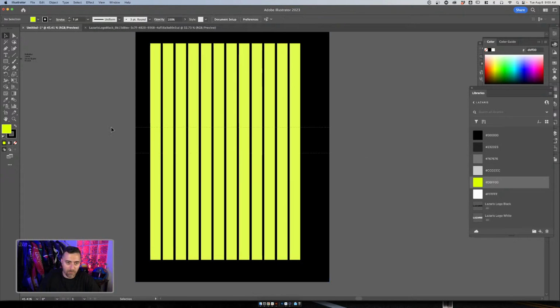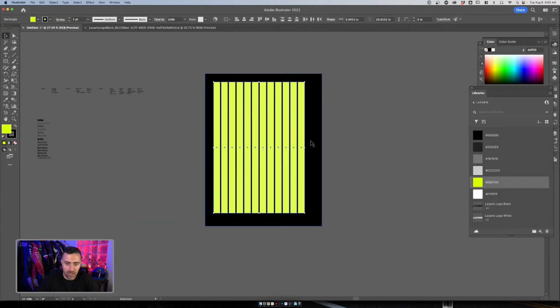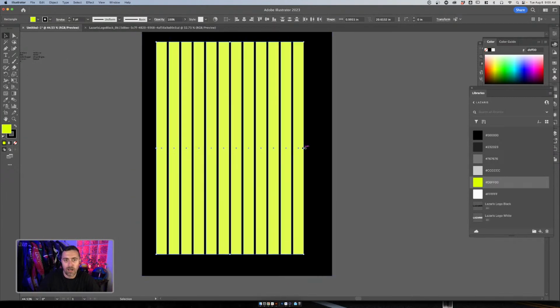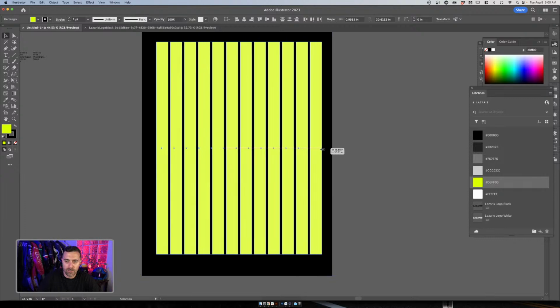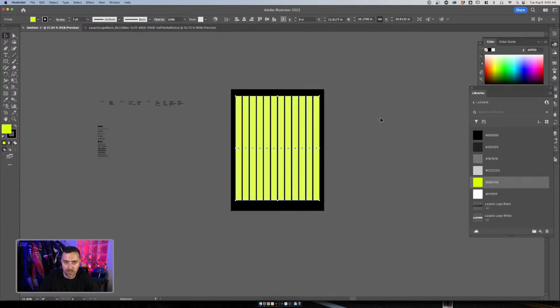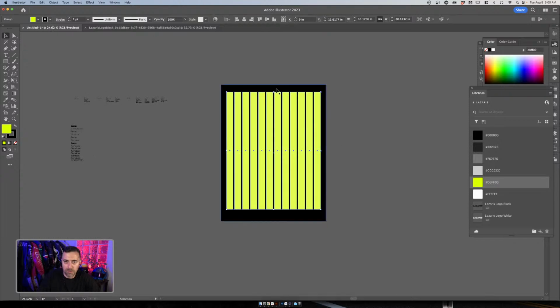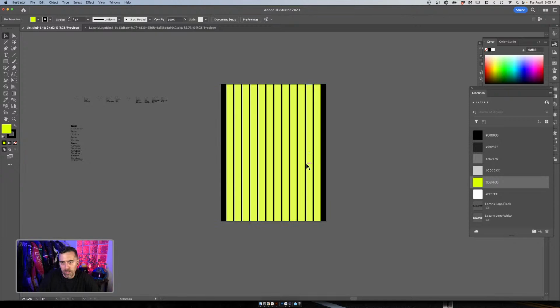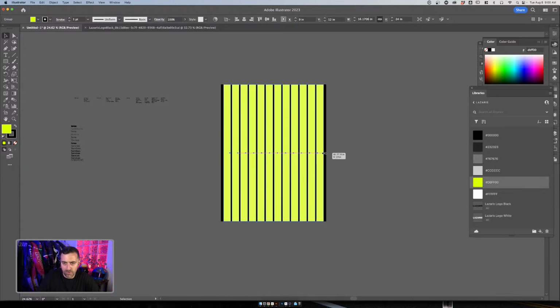Cool, okay, confirmed 12 columns, which is great. What I'm going to do is drag it, group it together, and center it on this artboard. I'm doing this literally just so I have a guide for us to work off of. I'm going to keep spreading that a little bit further as well. I want to give a little bit of a margin on the edge.